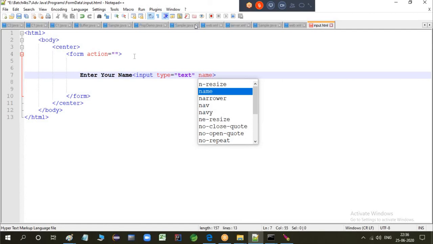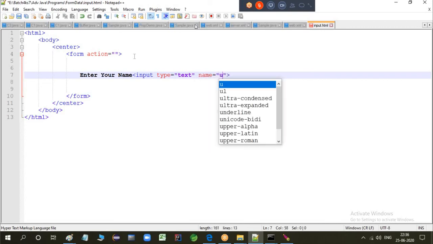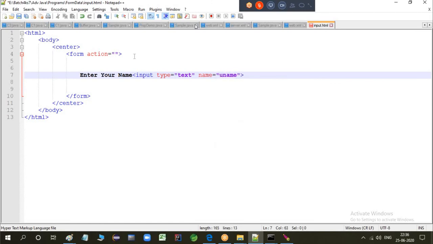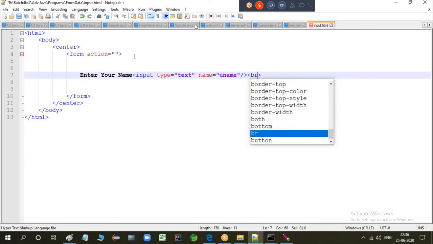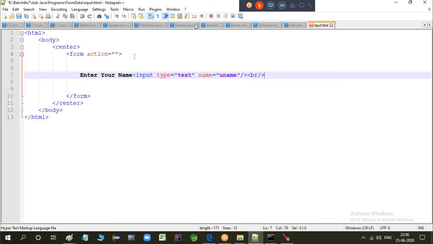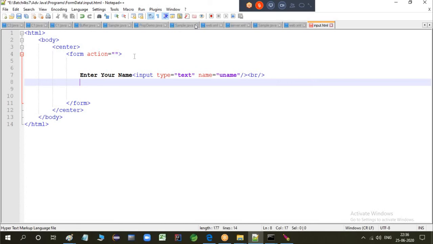I'm just doing some user, because that will go to the request, and how to read this request from the servlet and the tag. To go to the next line, I'm just breaking the line. I just wanted to enter my name and click on submit so that the request will go to the server. How to do that?